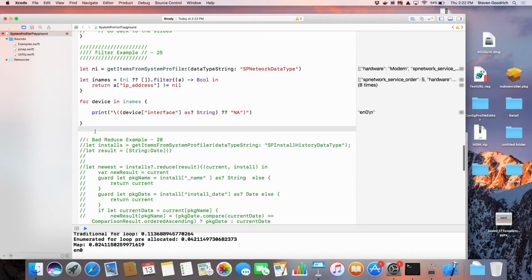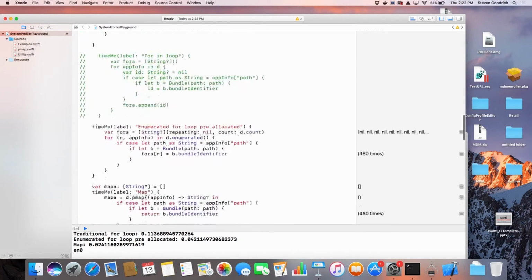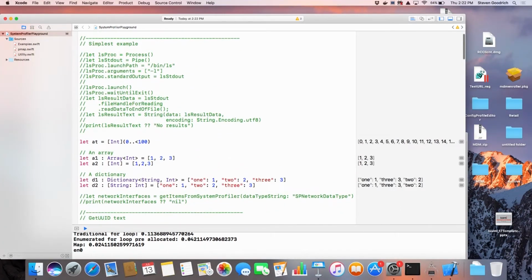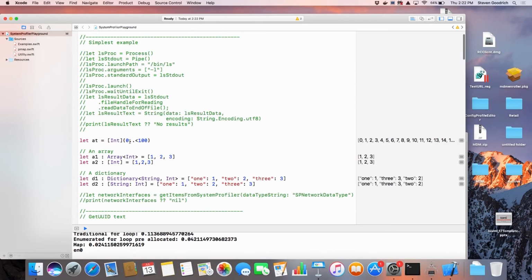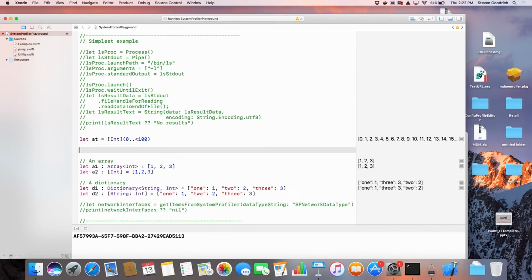The probably most dead simple of that would be something like, I already built myself up here an array AT that's an integer of all the values between 0 and 100, not inclusive, right? So 0 to 99, basically. So here, if I wanted to, I could say